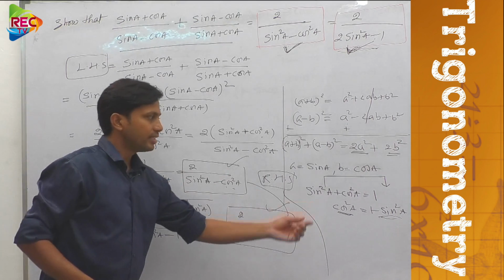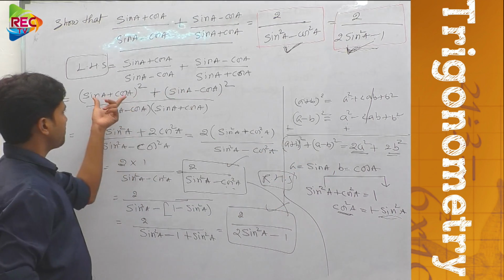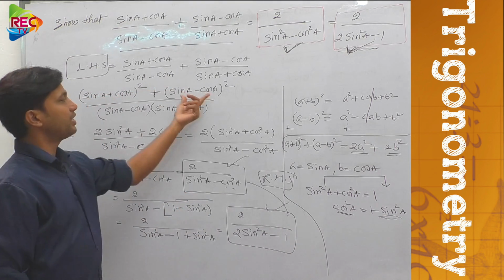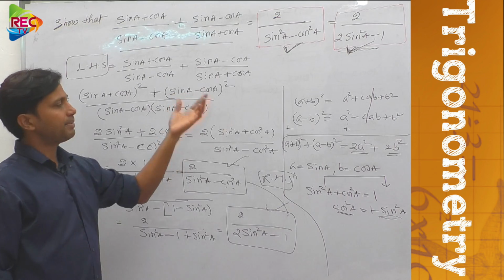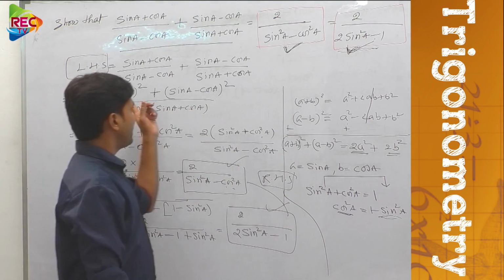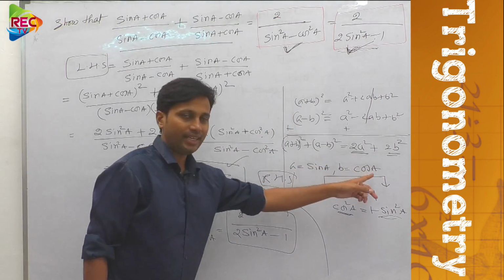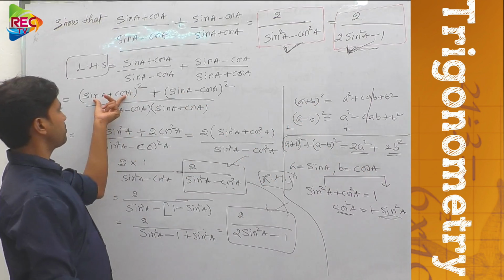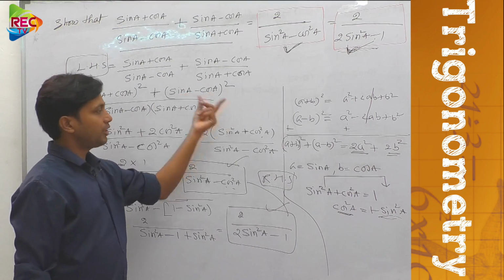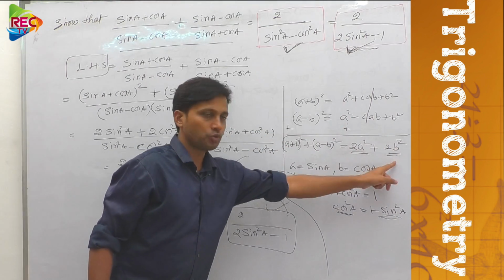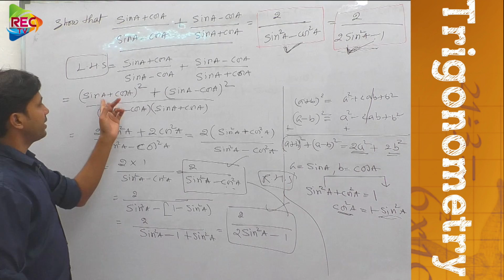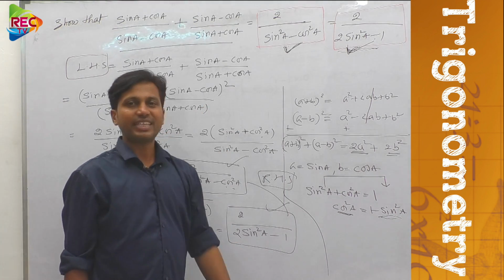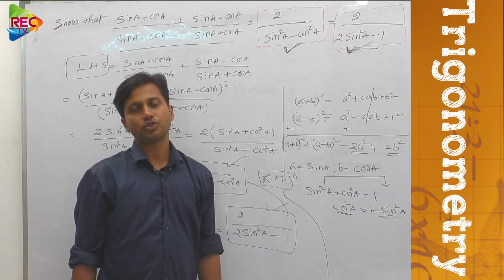Only the thing here, somehow you need to think that either you can expand. In this problem, the complicated thing is you need to expand this and you need to expand this. Instead of expanding, I am telling you to consider A as sin A and B as cos A. Then this is in the form of A plus B whole square plus A minus B whole square. That would be 2A square plus 2B square. So that means 2 sin square A plus 2 cos square A, taking 2 common after everything. After that everything is so simple for you to solve.